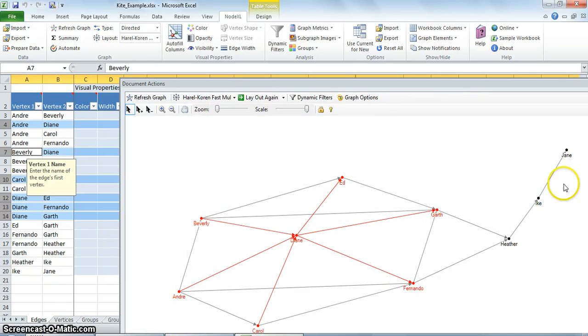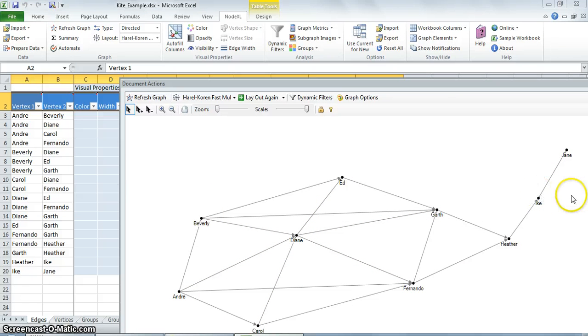In comparison to Diane, we can say that Jane has a connection to only one person. So if the edges represented the strong friendship ties of individuals in a network, we can say in this case that Diane is the most popular person, whereas Jane is the least popular.